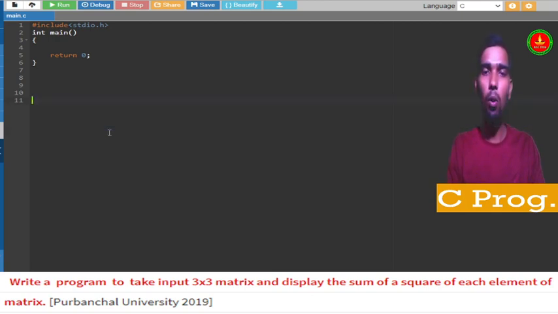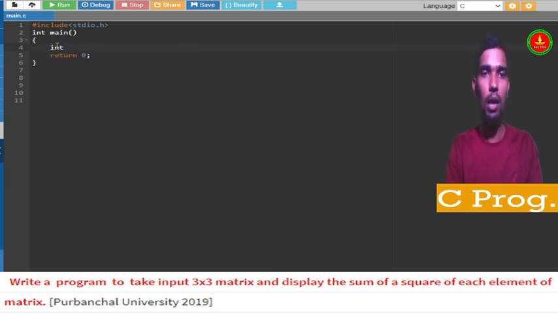Now let me go and implement this program. As I already mentioned, if the matrix is not a row matrix, then we have to declare a two-dimensional array.